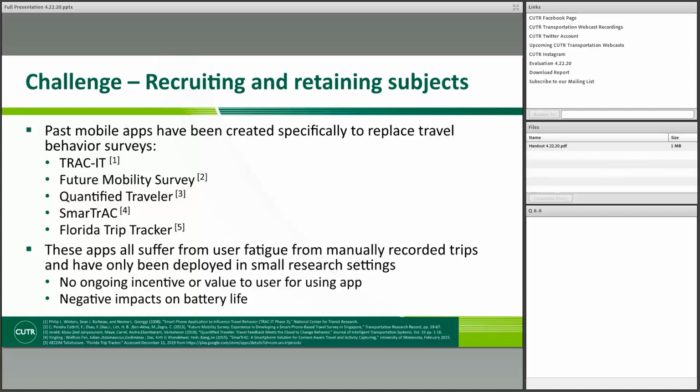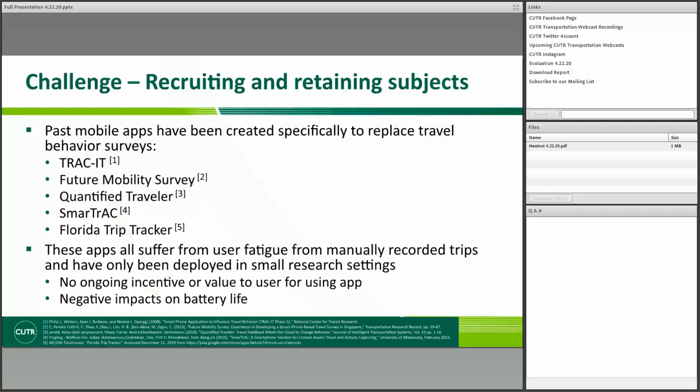But all of these apps suffer from the same user fatigue issue of manual recording of trips, if the user has to start and stop their trips by tapping on a button in the app. And they've really only been deployed in very limited, small settings, either for a very small time duration or a very small group of users.